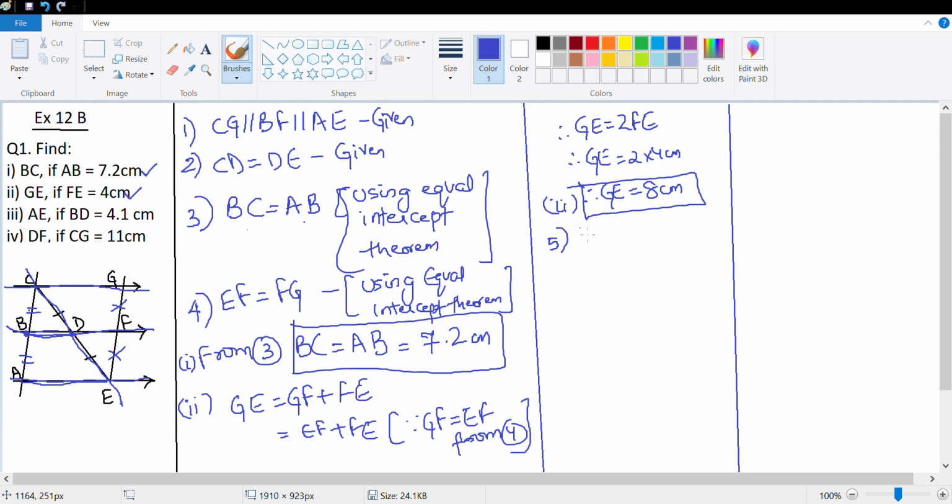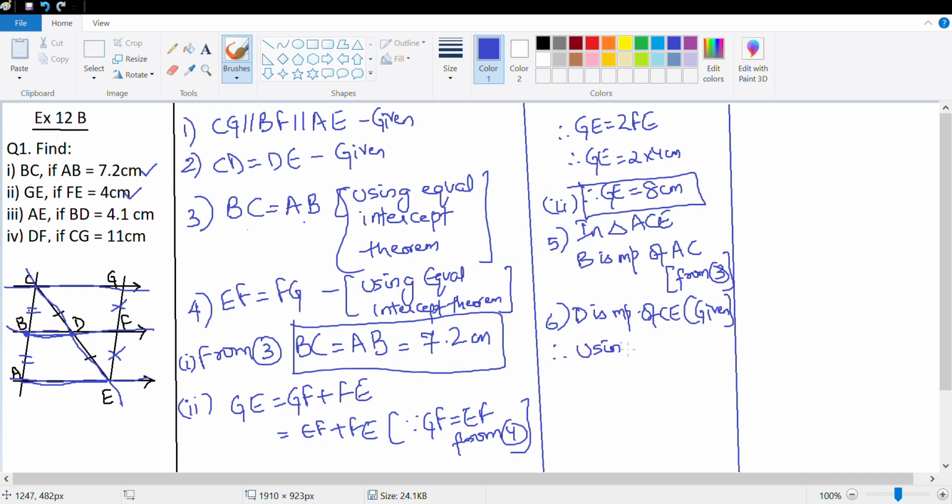Number 5 would be in triangle ACE, B is midpoint of AC. Why? This is from 3. B is midpoint of AC, since AB and BC are equal. Number 6 is D is midpoint of CE. This is given. Perfect. Therefore, using the midpoint theorem, what I get is number 7, which is BD is equal to